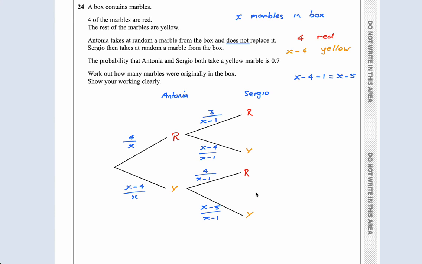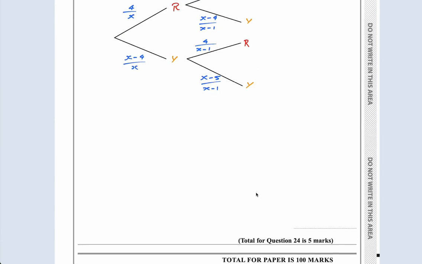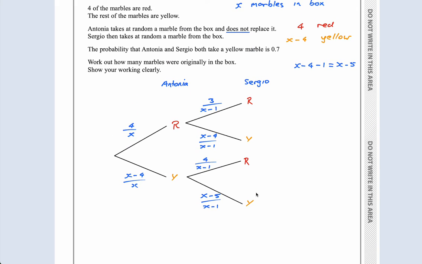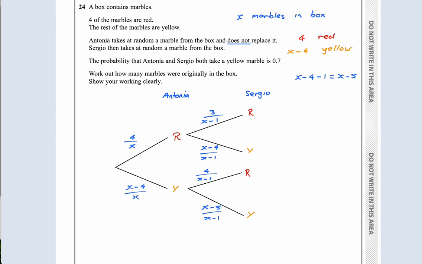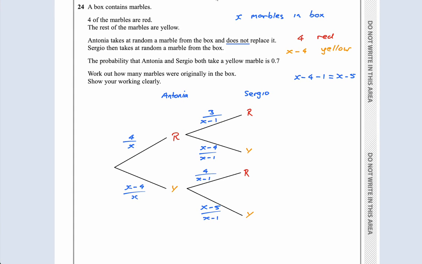There's definitely marks for drawing that tree. This is a 5-mark question. It's definitely one of the harder tree diagram questions because I'm sure this is going to turn into some kind of quadratic equation. So it says the probability that Antonia and Sergio both take a yellow. So that is, if you recall, guys, yellow, yellow. So that's this situation, yellow,